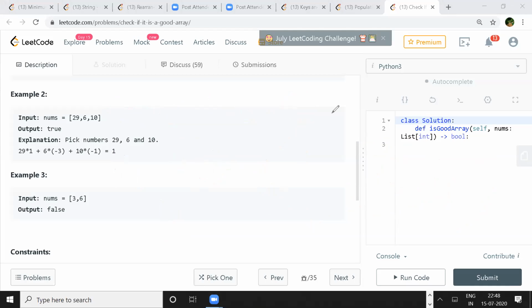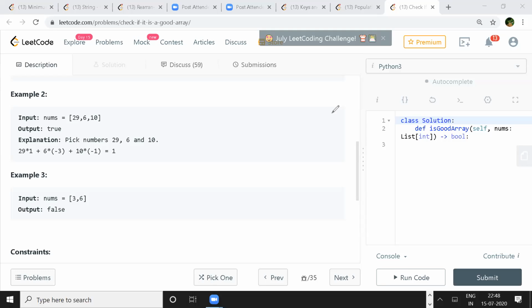The idea is just to loop through and make a hash map. With just two numbers, if the GCD is 1, I think we will have a solution. Right. If we don't find it for two numbers, then we'll have to move to three numbers, right? That's a good point actually.